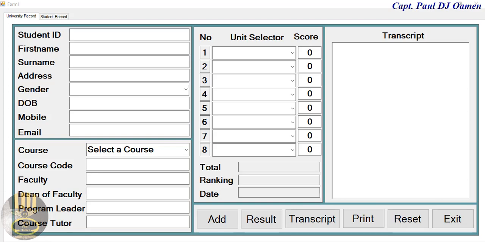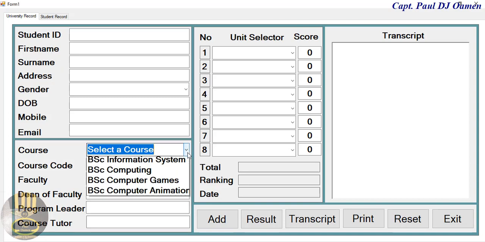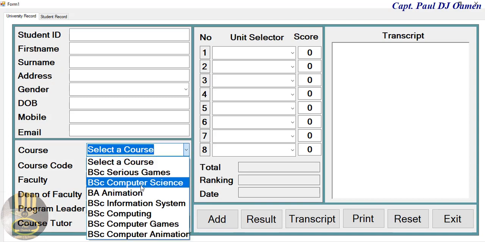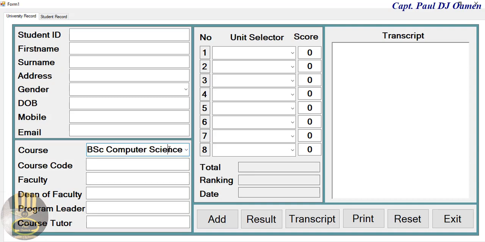And welcome back to the second part of this tutorial. So what I want to try and achieve now, guys, is, see this course? When I select any of the degree modules here, I want it to populate the rest of the text box. So let's do that. I'm going to exit out